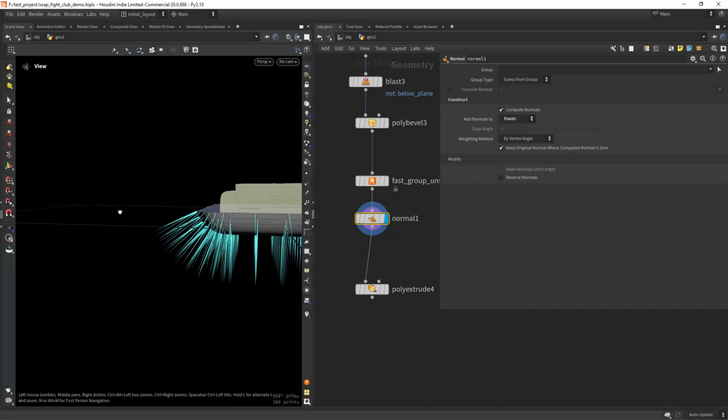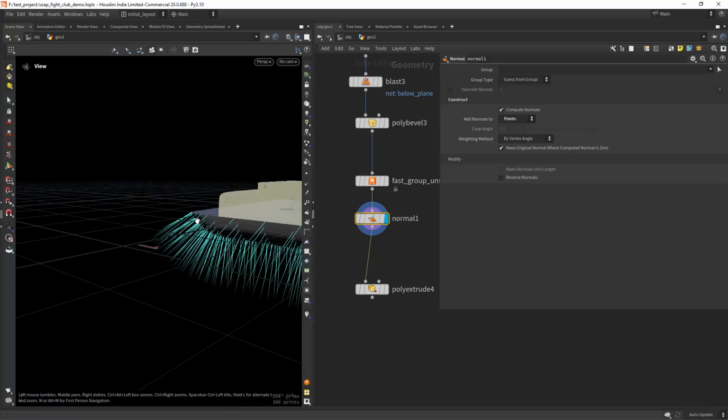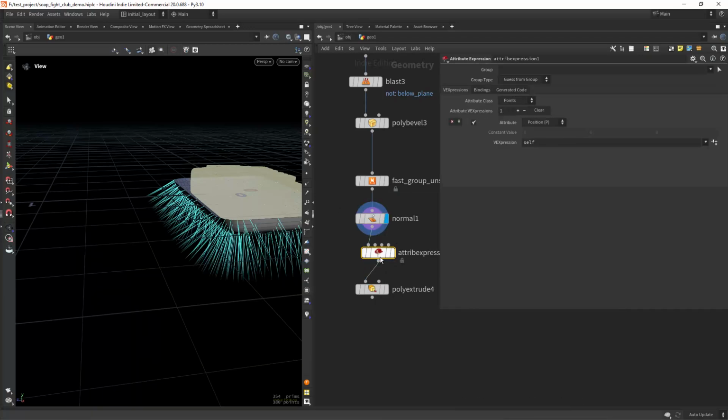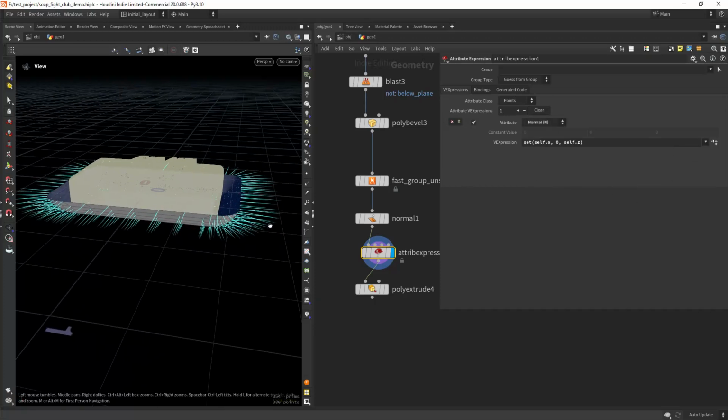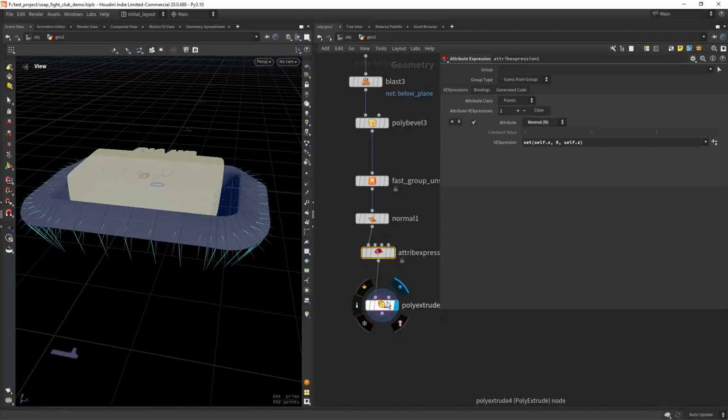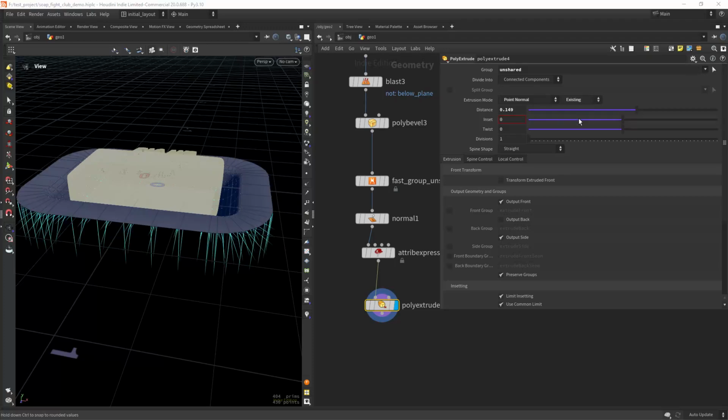As you can see, they are all pointing down in this edge, so we can use an attribute expression and flatten. So let's pick normal and flatten z, and now we have them straight. This is a nice trick,